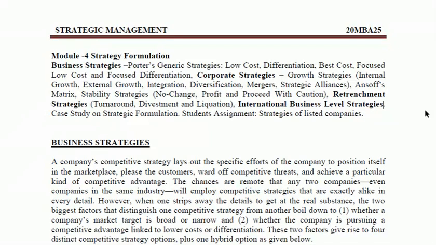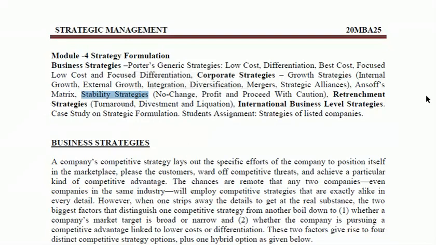These business strategies are a type of strategies which businesses adopt when they want to expand their businesses, be in the market, and focus on which kind of customers. Corporate strategies are more towards corporate decision making. So the head of the company or the board of directors, who are maybe handling the owners of two or three companies, will be undergoing those strategies, so they are termed as corporate strategies. And one more thing, stability strategies are also mentioned.